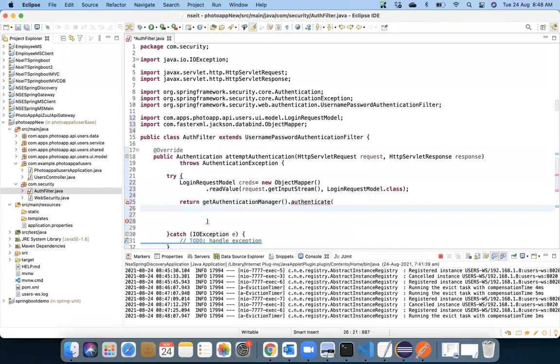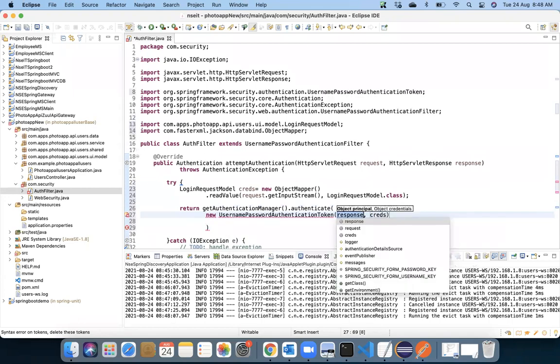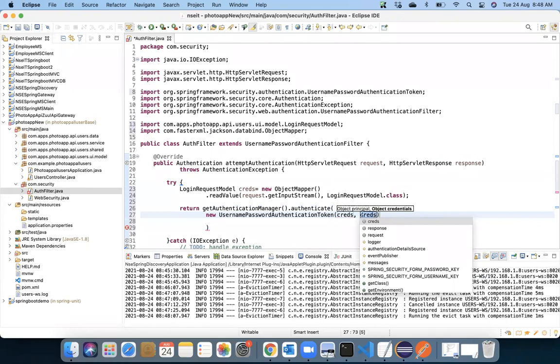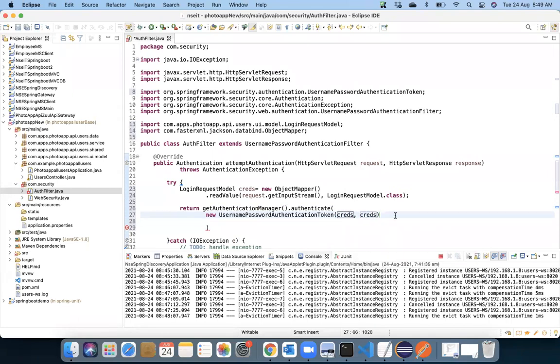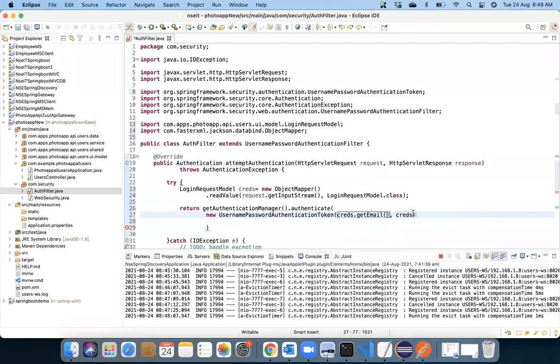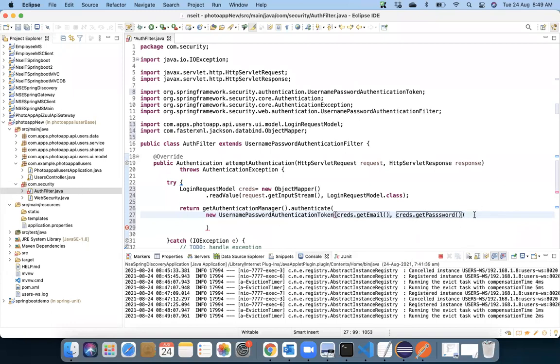The first parameter we pass is new UsernamePasswordAuthenticationToken, which takes some parameters. Number one, your email, so we say creds.getEmail, and creds.getPassword. So it is taking two parameters here.